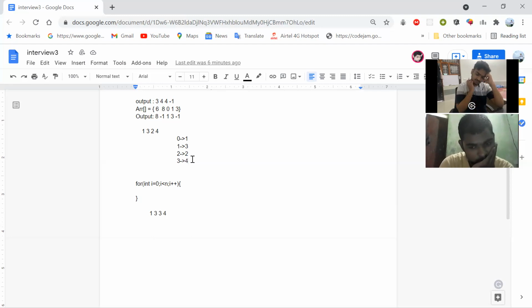Again, I'm inserting that value in my priority queue. Still, the maximum element is 4 here. But I need to